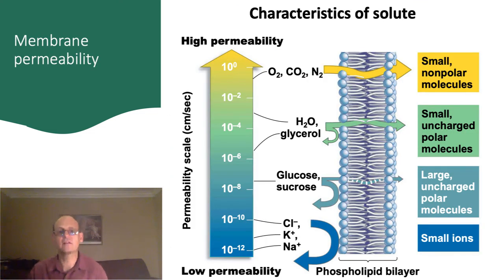Okay, let's take a look at some of the factors that affect membrane permeability. We're going to look at both characteristics of the solutes that are moving through the membrane as well as characteristics of the membrane itself. If you haven't yet watched the presentation on osmosis and diffusion, I encourage you to do so now. In order to move across the membrane, molecules must be able to fit between the molecules of the membrane itself. Therefore, small molecules are much more likely to cross the membrane than large molecules.